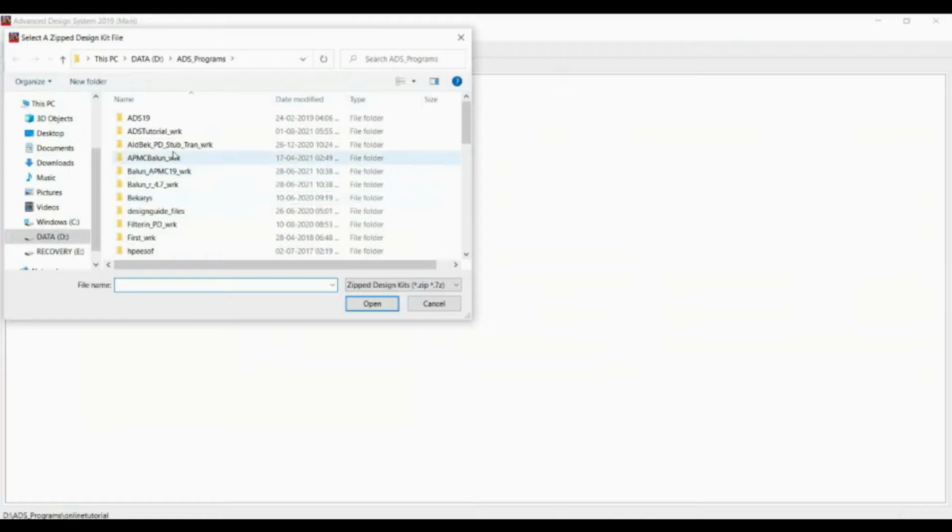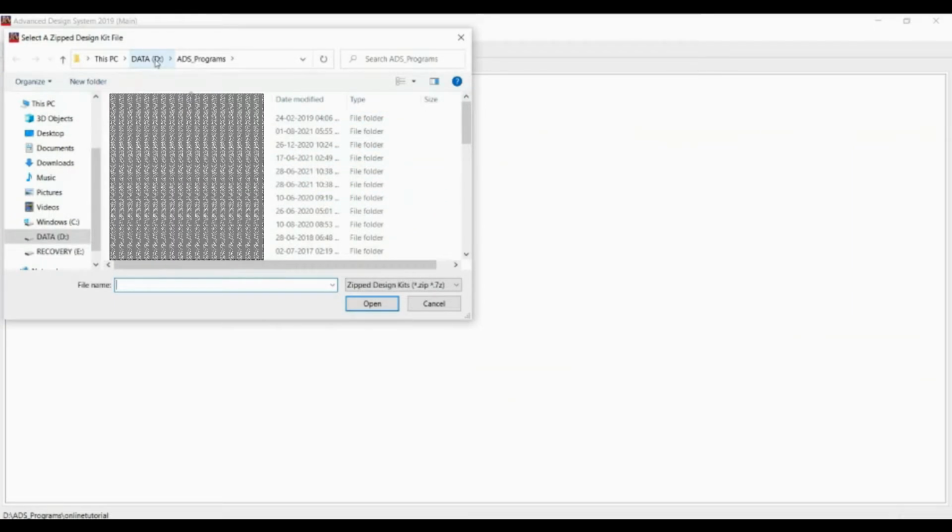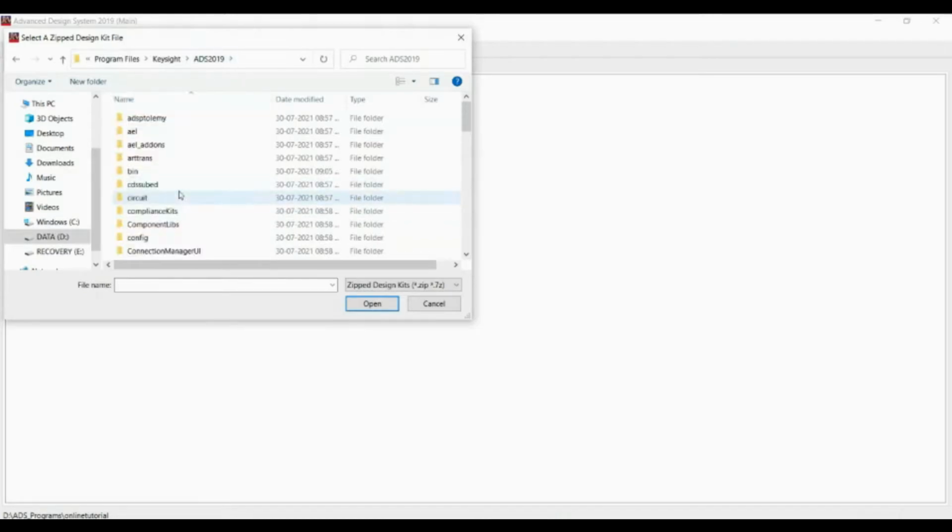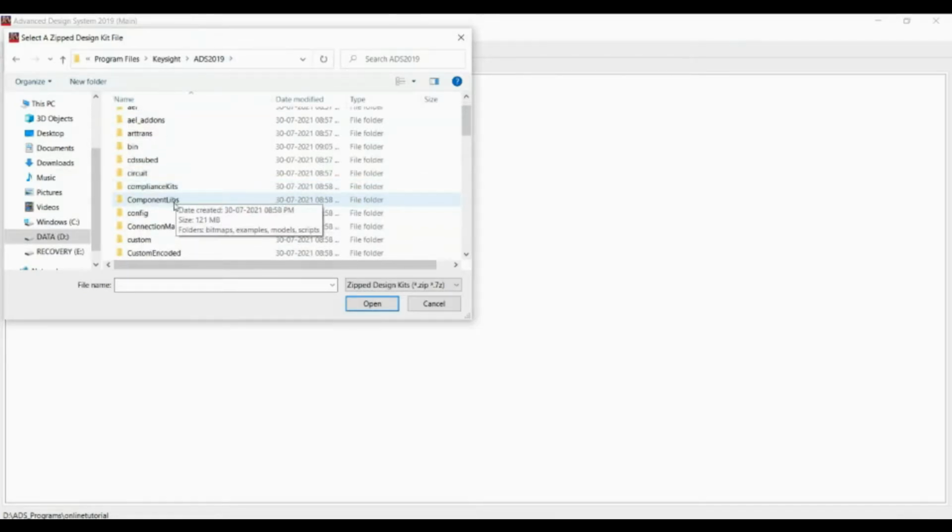So I clicked on unzip, and then you will have to go to the directory where you have installed your ADS. Once you are in your current ADS folder, whichever version you are using, I am going to this option here, OLIPS.